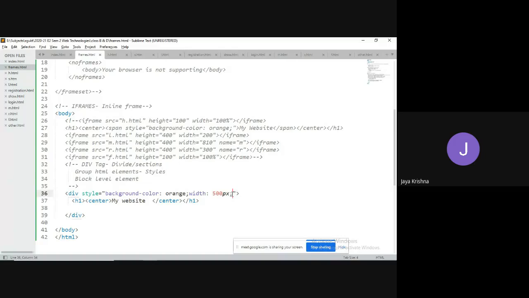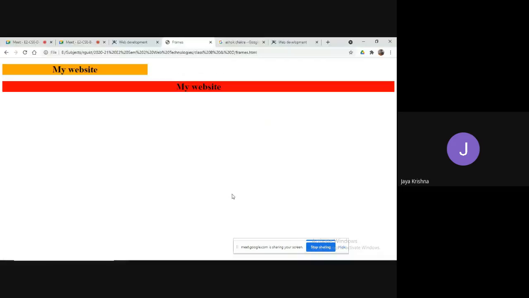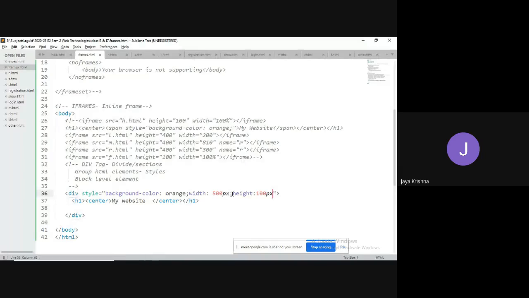For example, I would like to set height equal to 100 pixel. Observe, it will vary. Height equal to 100 pixel. I require my width as 100%, right? So I can make it 100%. One more thing is, inside the style attribute, I need to write the property name, colon followed by its corresponding value. And between every property, I need to separate with a semicolon. Actually, you will get this concept while discussing inline styles. For the time being, to make it clear for you to understand, I am making use of this style attribute here.